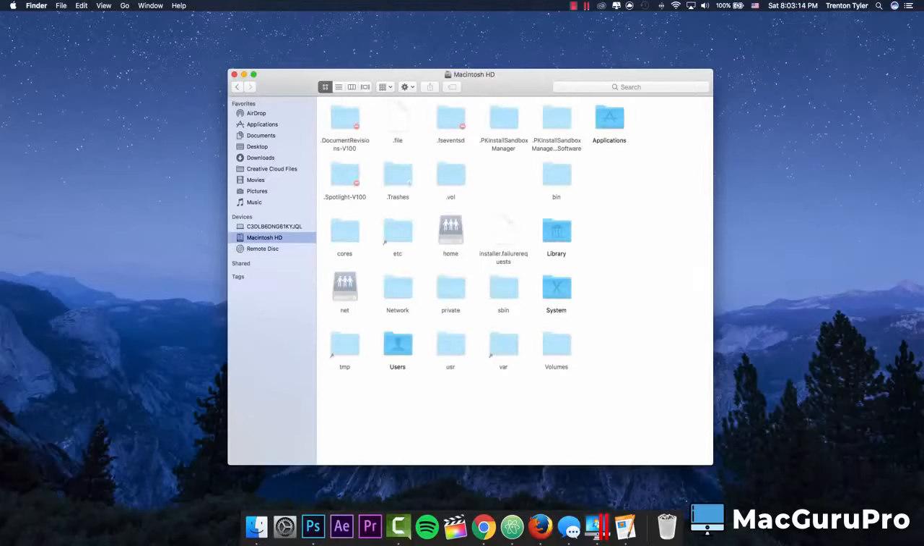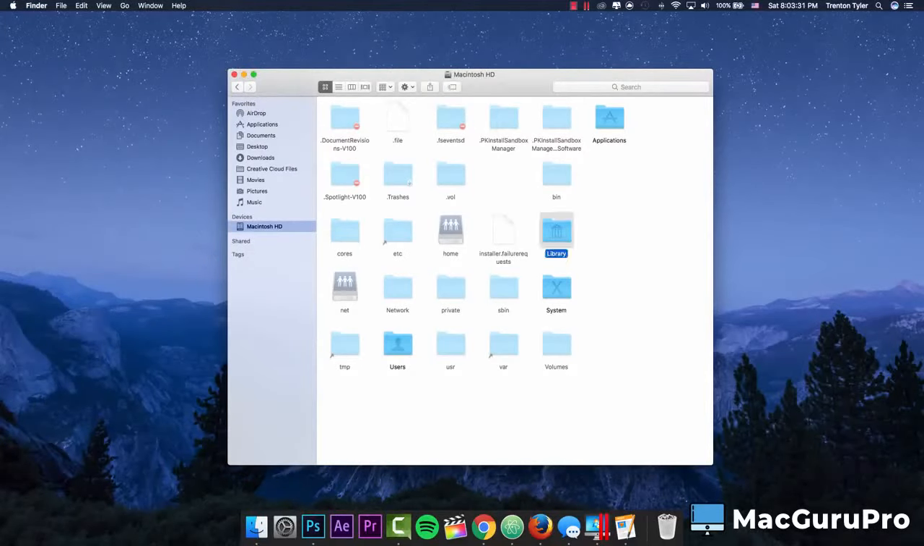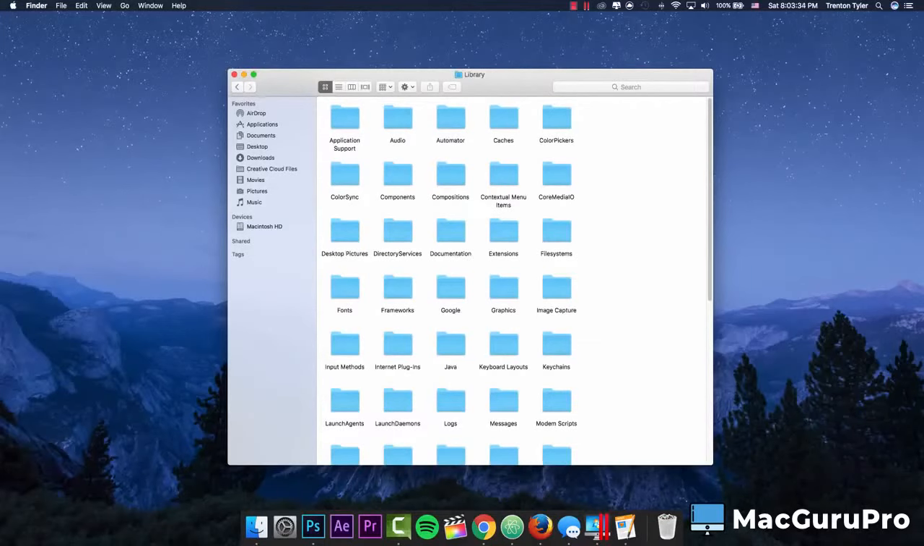If you don't see it, you can go to the Finder section and go to Preferences, and under Finder Preferences you can make sure that under Devices, Hard Disks is selected. See, if we uncheck this, it goes away. If we check it, it comes back, and I'm just going to remove that really quick in external drives and CDs. So if you click on Macintosh HD and go into Library and go into Caches up here,